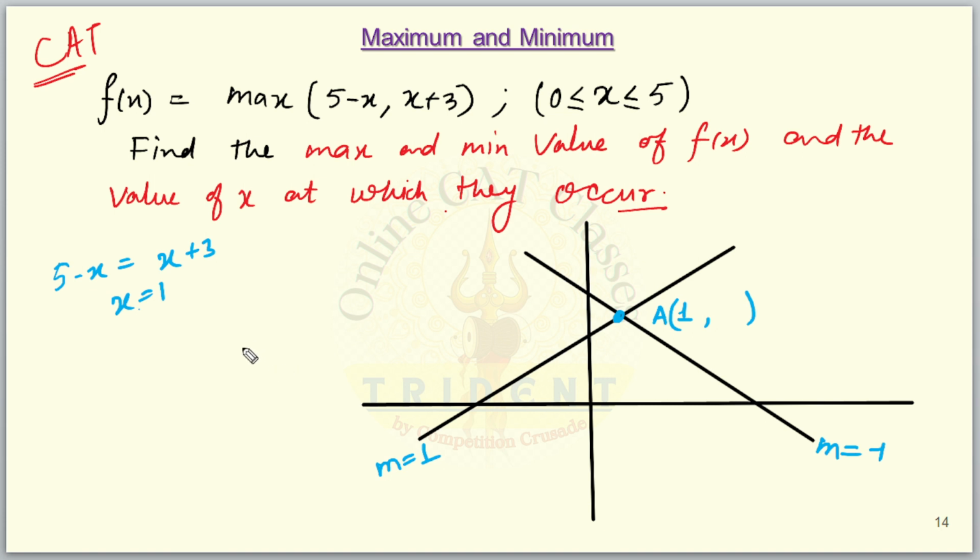Now can I predict anything for the y value? Let's see. If you substitute x equals 1, y comes out to be 4. If you substitute x equals 1 for this one also, y comes out to be 4. So the coordinate is 1 comma 4. So far so good. Now let's appreciate the fact that